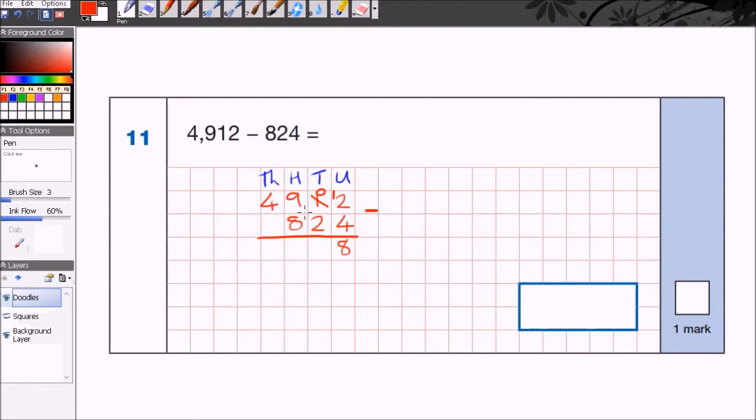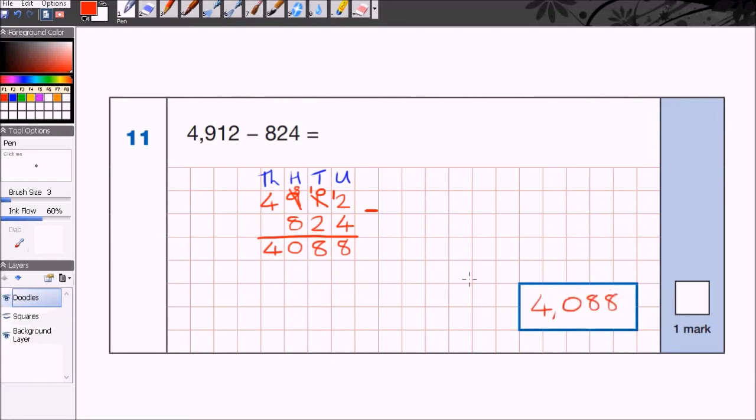Okay, so we have now got 0 take away 2, which again we're not going to do that because obviously that would give us minus 2, but we're not going to mess about with that. So what we'll do is we'll take 100 from here and we'll put it here. So now we've got 10 10s take away 2 10s, which is 8 10s. In this column we're okay, we've got 800s take away 800s is 0, and 4 take away nothing here is 4. Okay, so our answer is